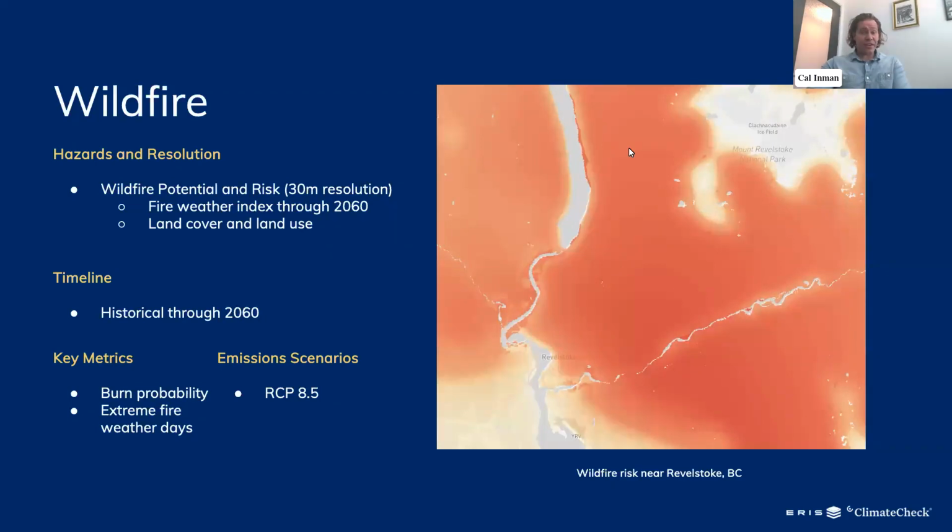Similarly for fire, it's a very granular hazard. It's on 30-meter grid across the entire country. And the key metrics we look at there are, what is the probability of a fire happening? And when we measure this, we're looking at something called a fire weather index day, which is a hot day, a dry day, and a windy day. And there's a really strong signal between these fire weather index days and the probability of a wildfire happening. So this helps us understand and communicate what is the increased frequency and risk to wildfire at a specific location.